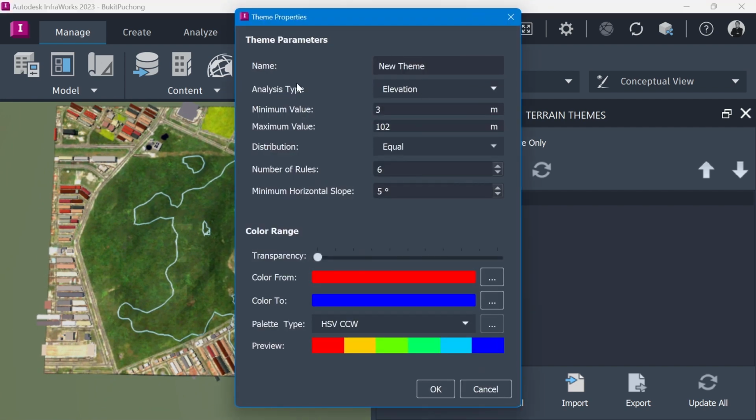Plus, and then analysis type: you have elevation, aspect, and slope. For sure, it will be very important if you want to set up the platform of your building, and also to avoid very steep gradient of the road. So maybe you need the slope analysis here. Let me start with the slope, and then we apply. Minimum 0 degree, maximum 90 degree,